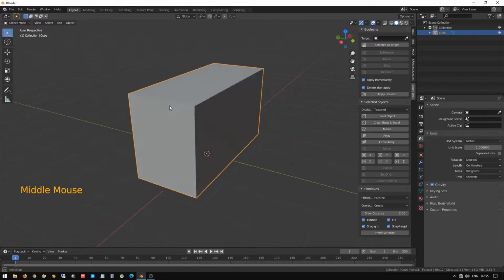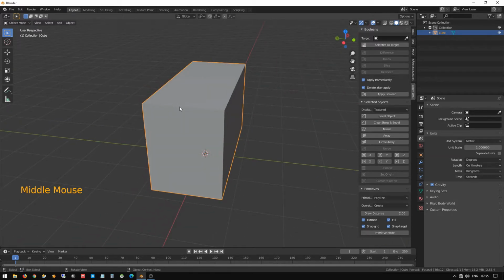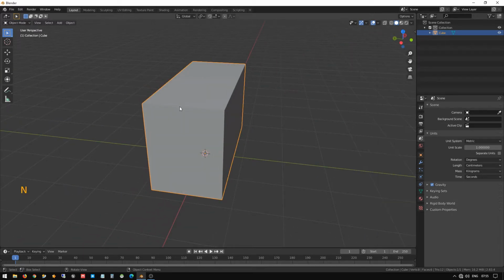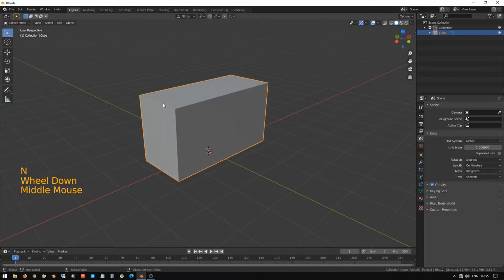Here you can see we have now created the basic box shape for designing the battery. Now I'm going to create one more object to design the edges of the battery.